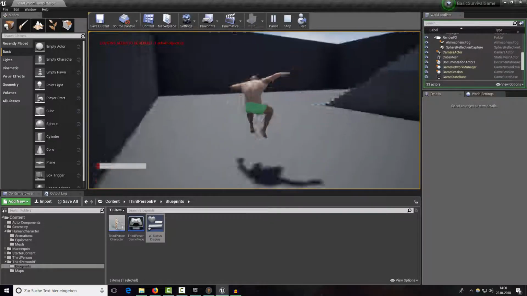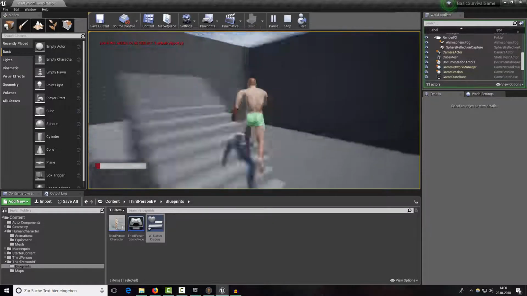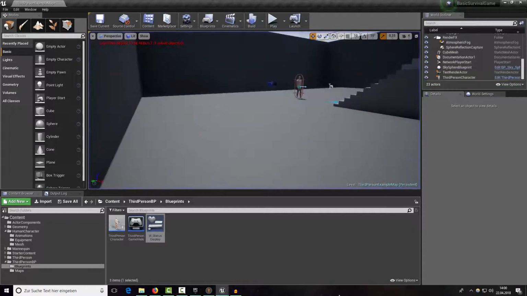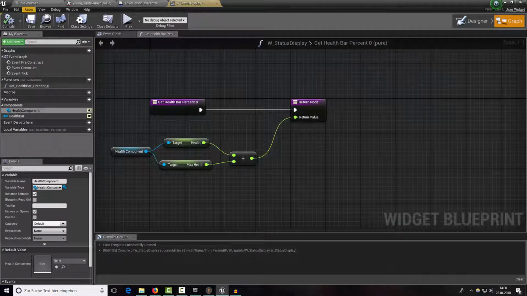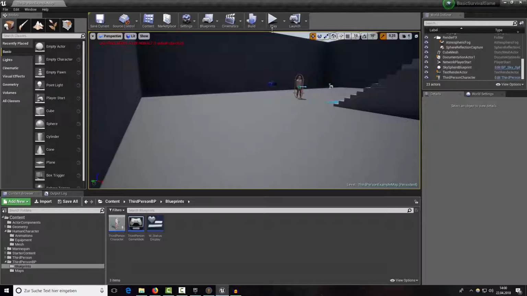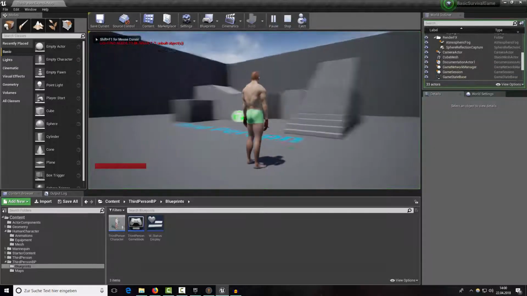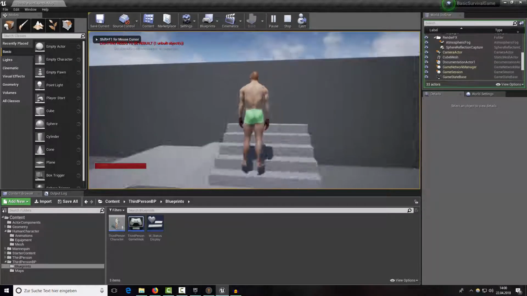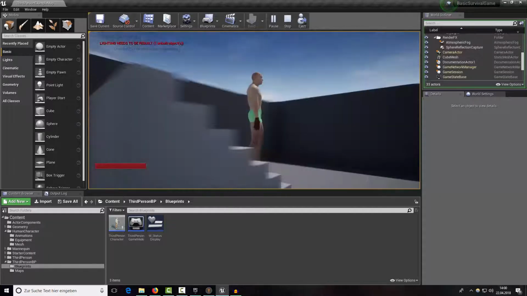Not quite, but you can see the health display works. Okay, so save everything again. Save this too. Okay, perfect. But I think we also want a stamina bar, because our character should not be able to run